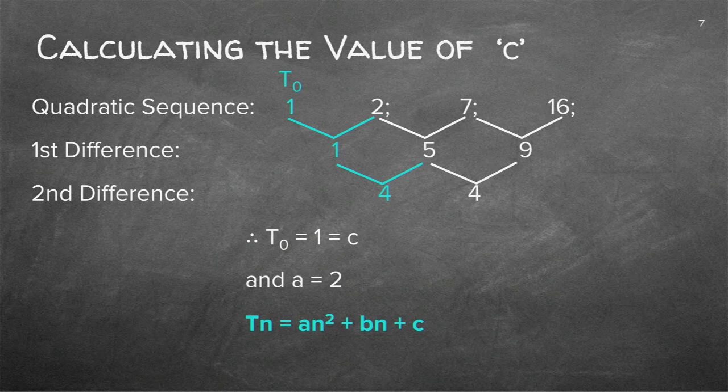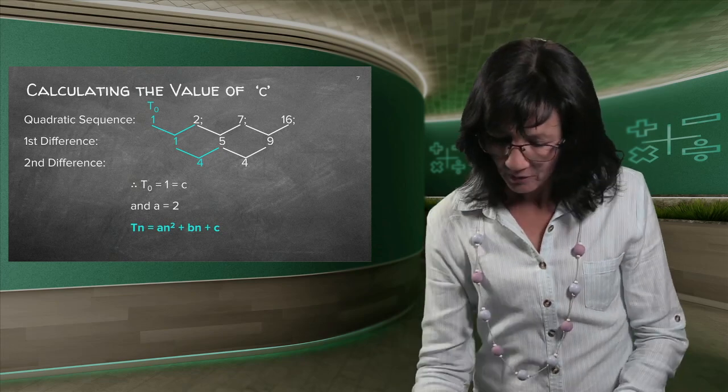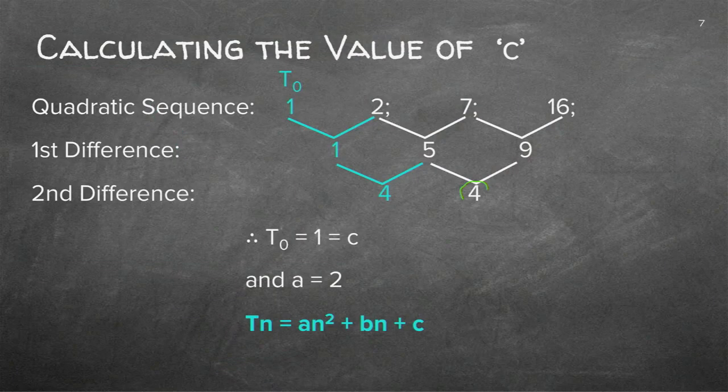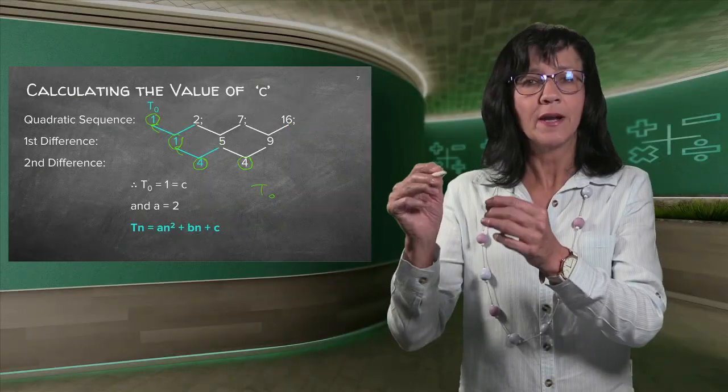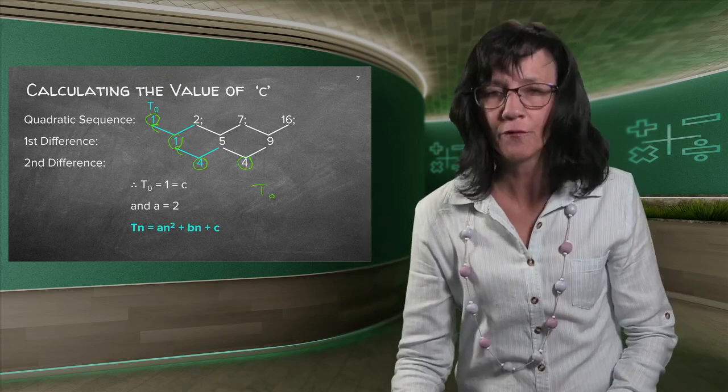But now what about the rest? You remember in a previous lesson, we also found T0. And I said T0 is actually not part of my sequence, but we need it for a specific reason. So let's check. It's exactly the same sequence. There's my second difference, 4. Now if I work backwards, 5 minus 4 gives me 1. And 2 minus 1 gives me 1. So there I found my T0. Now T0, if you just think of T0 is the one in front of T1, which is actually not part of my sequence, but that always forms the c.